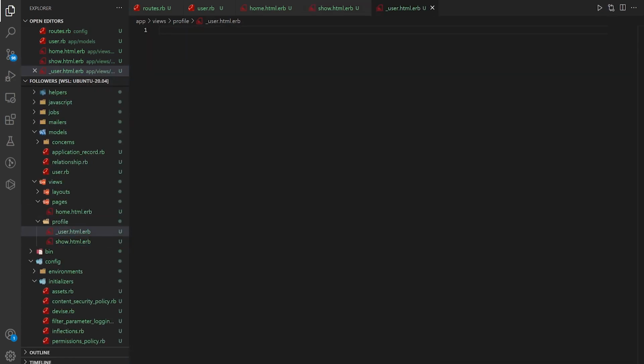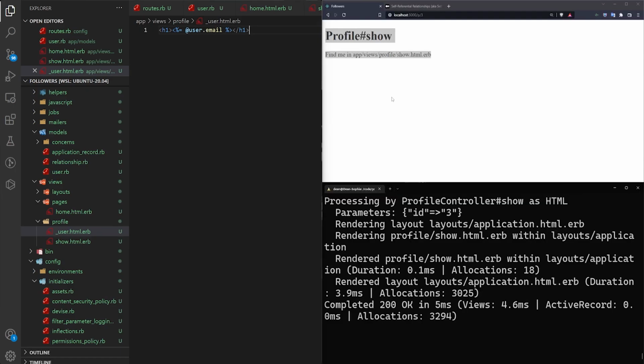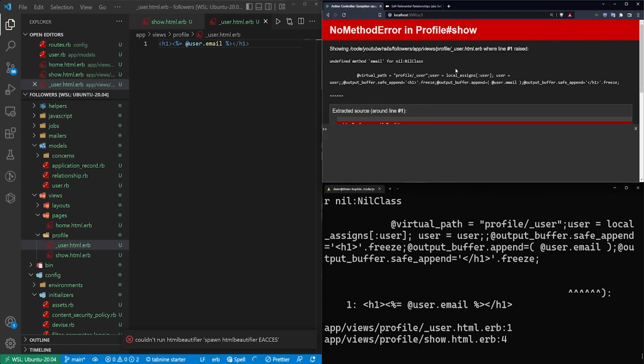And then in the user.html.erb, we can just throw an h1 with the user email. And then we have some other logic that we don't really need to worry about right now. I'm just going to leave it like this and refresh, because then we'll get an undefined method email for nil